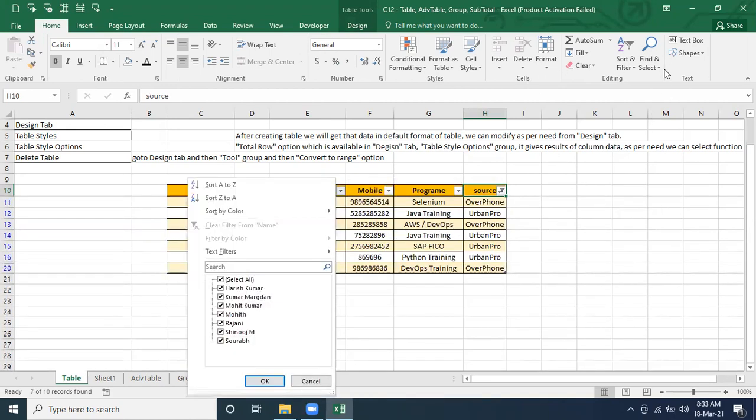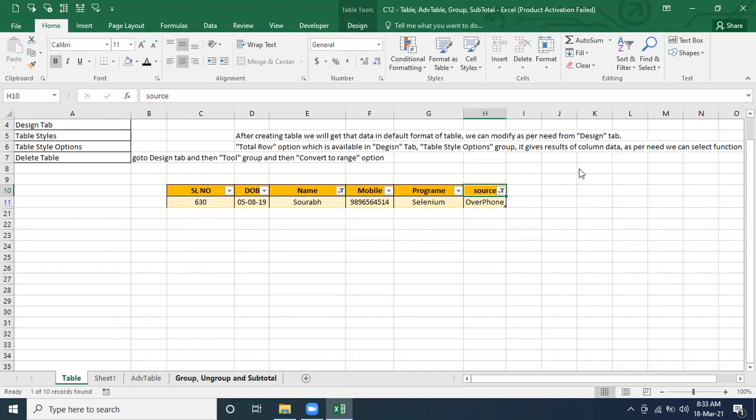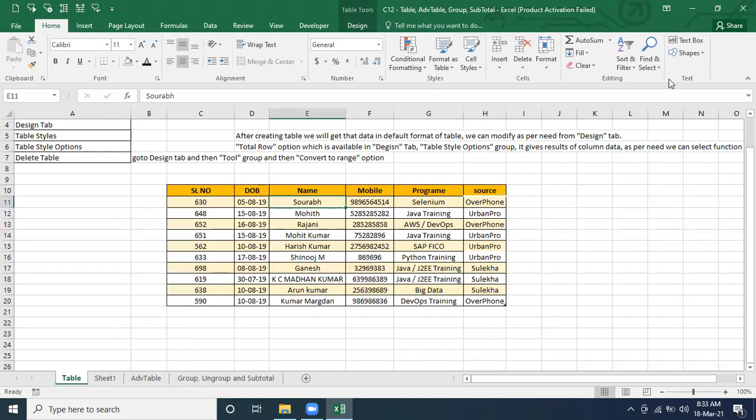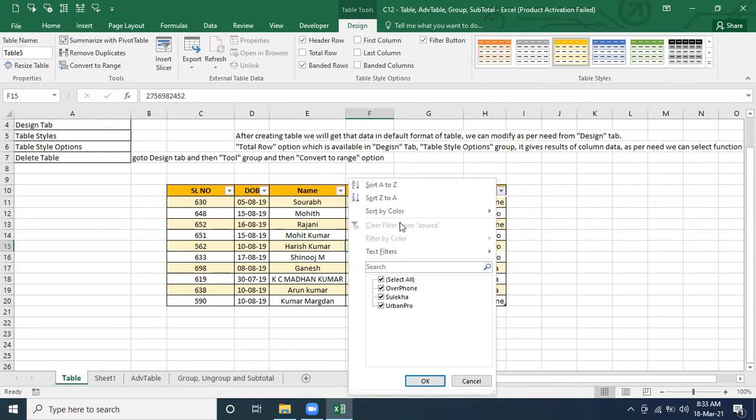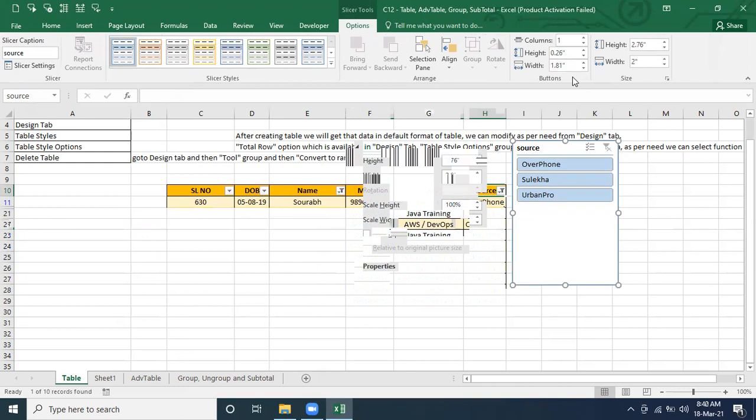So it's coming with the default one, whatever was default. New slicer got created. Whatever formatting we did for the slicer, button size, column width, that button width and height, that got removed. Correct or not? So that name also got removed. For this slicer, it's a new slicer. So what we want to do, we want to give the name to source filter. What name we want to give? Source filter, and this became source filter.